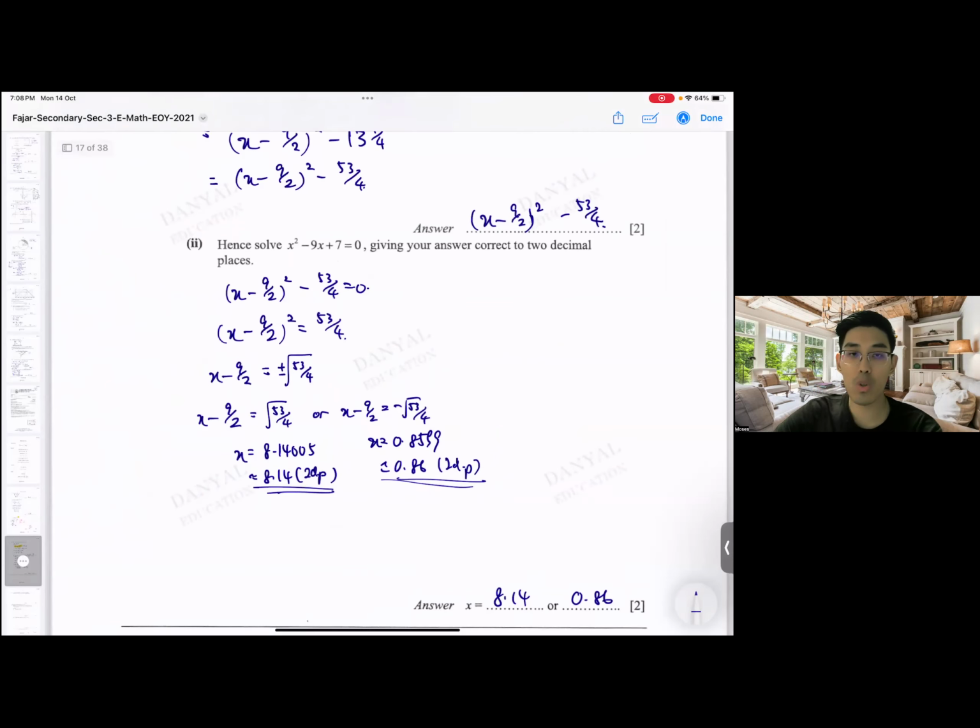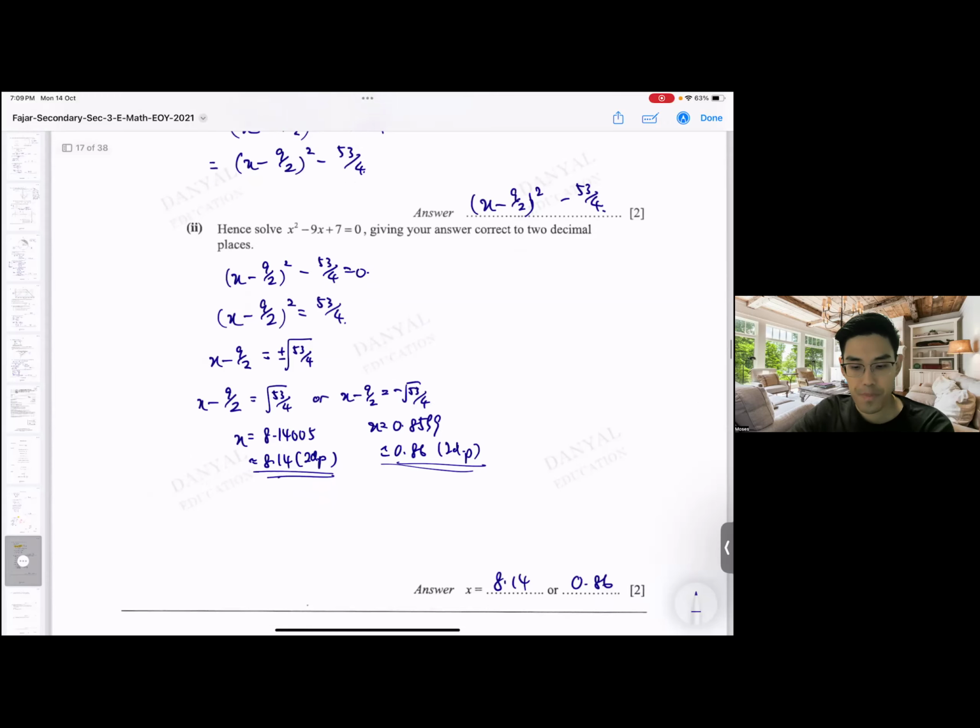Of course, after you solve all these, before you move on, you can always use the calculator to check. It's just to check. You key in 1, -9, and 7. You see, you get the same answer, which is correct. Let me see, I can zoom in here. It's a bit tough to see, but never mind. You will get exactly the same answer. If you solve via the calculator, you will get these two values. Make sure you get these two values. So you can always use the calculator to check your values after everything.